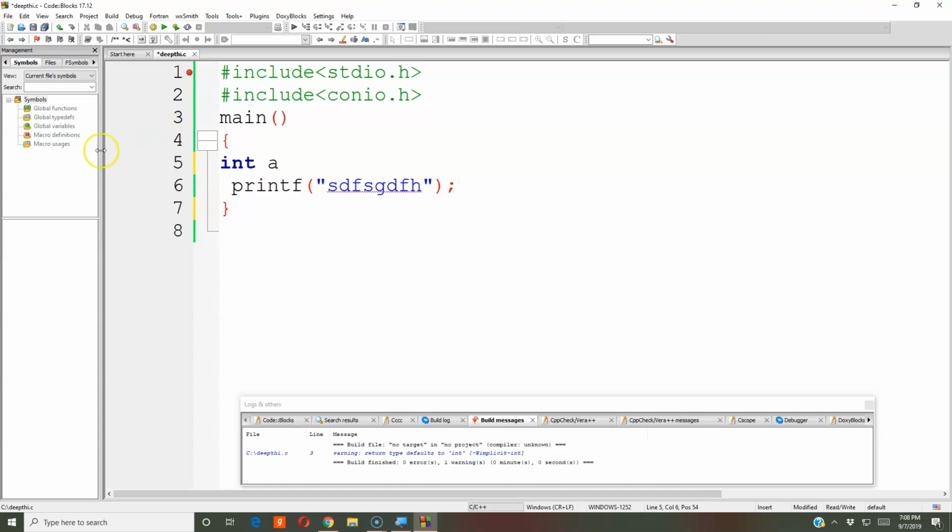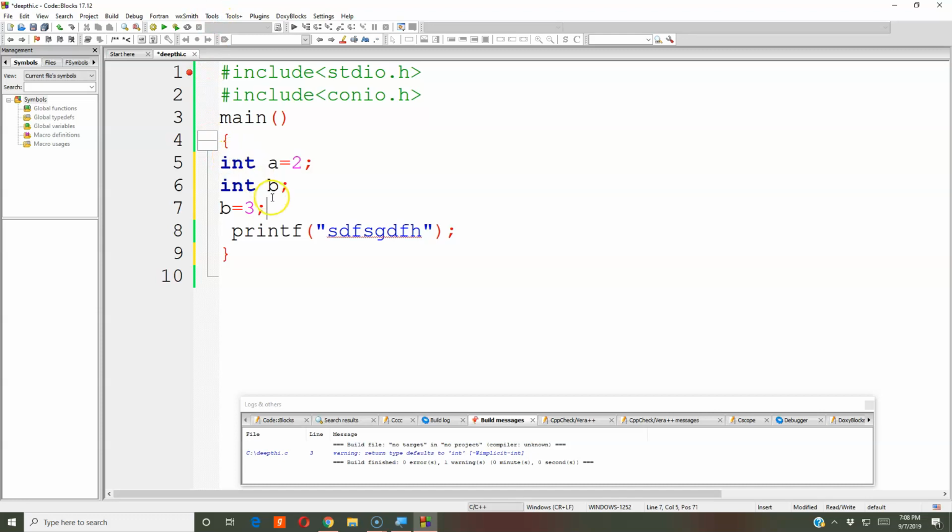So first of all, this is your variable name. Any name you can give, any word also you can give, no issues. Instead of A, you can give value1, value2, something like that. It's fine. A is equal to 2, you can give. End it with semicolon always. You can declare B, and B is equal to 3. Like this also you can declare the variable, or it's your wish.